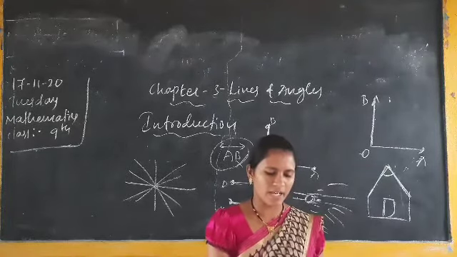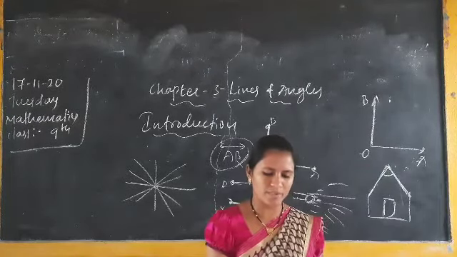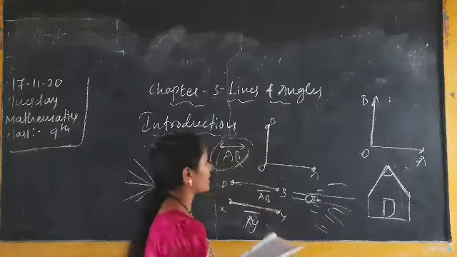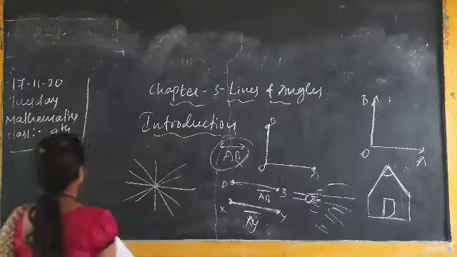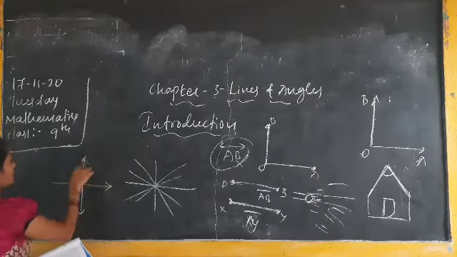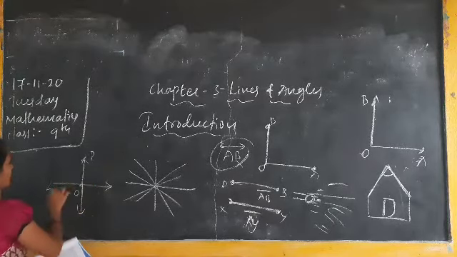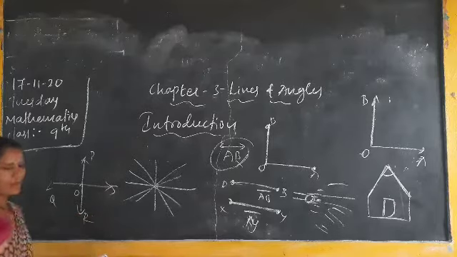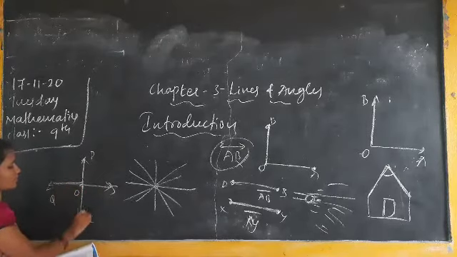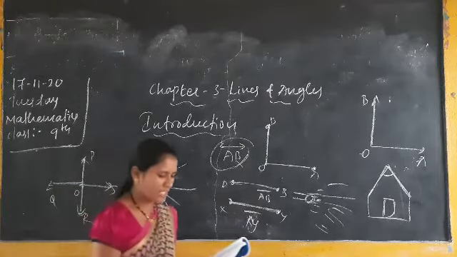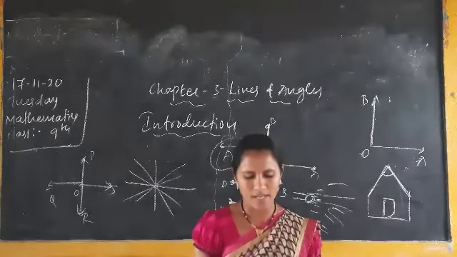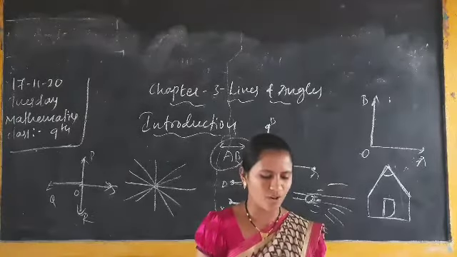Next, recall that an angle is formed when two rays originate from the same endpoint. The rays making an angle are called the arms. How are we drawing arms? Here, for example, I am taking arms like this: O, with an arrow mark, P, Q, R, S. O to S is an arm, O to P, next O to Q, O to R. These are arms. Next, the vertex. You already know the endpoint is called the vertex. Here in the angle, the endpoint is called a vertex.